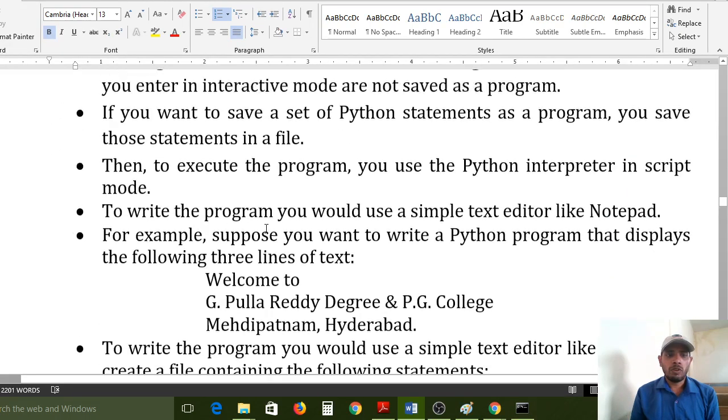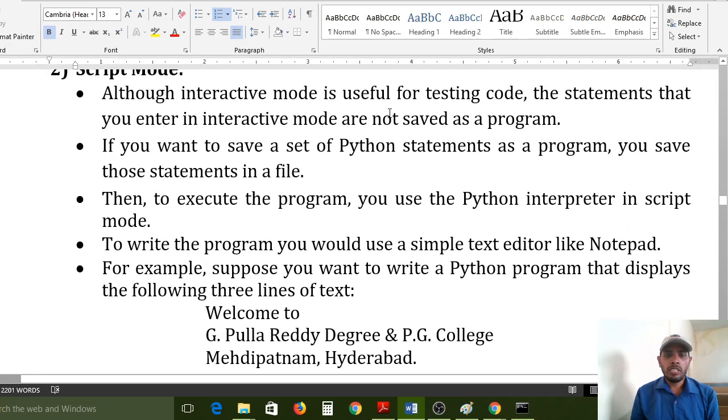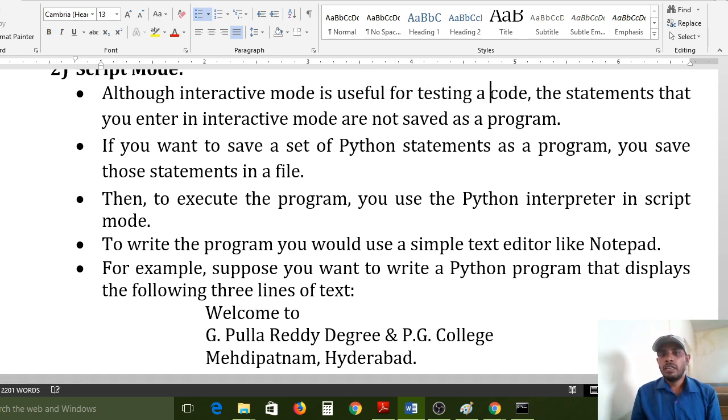How to use the script mode? Although interactive mode is useful for testing code, the statements that you enter in interactive mode are not saved as a program. Just now I told you, it is only for testing purposes, not saving.